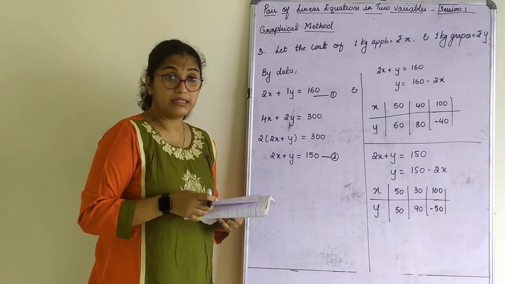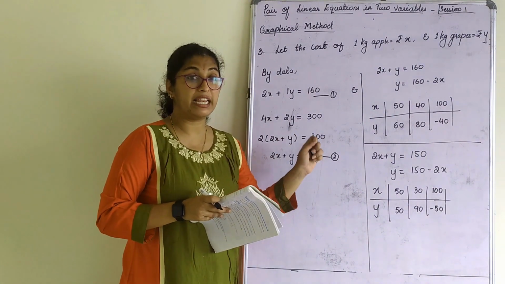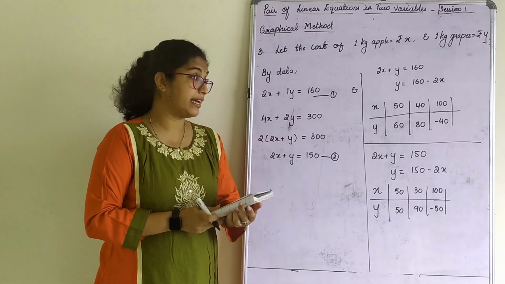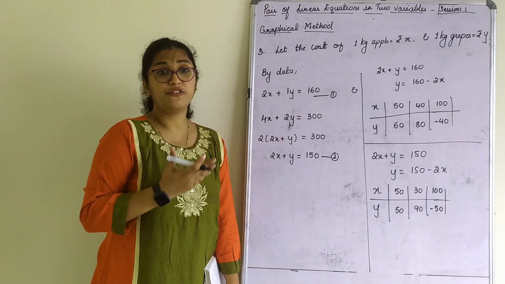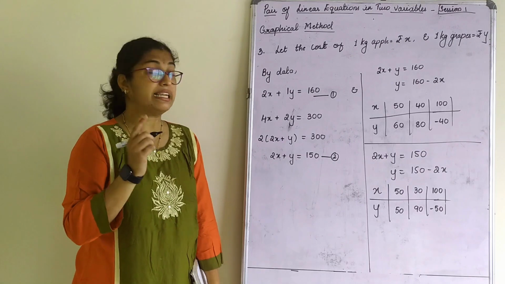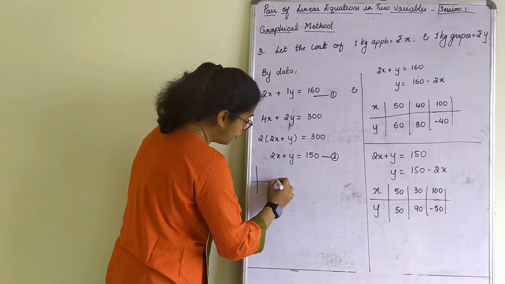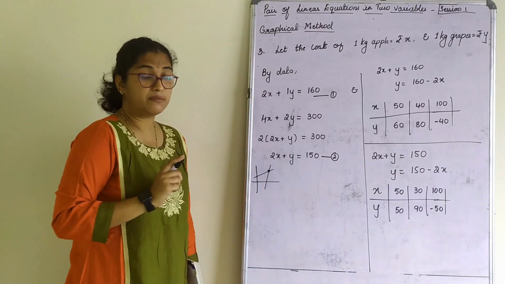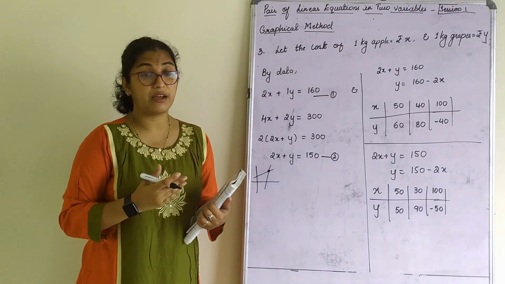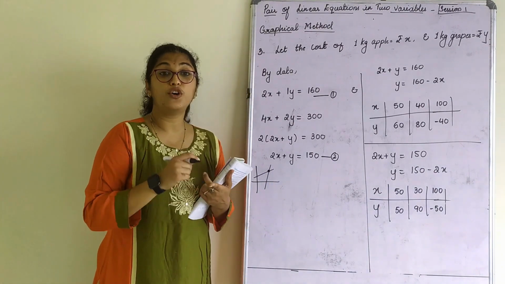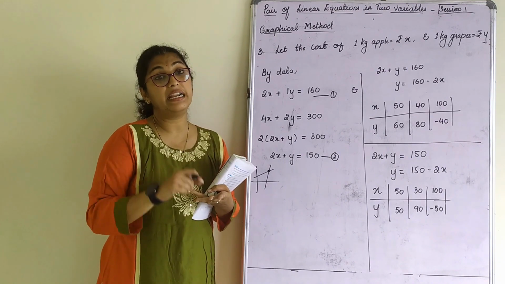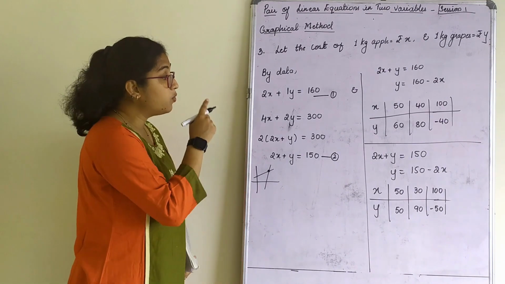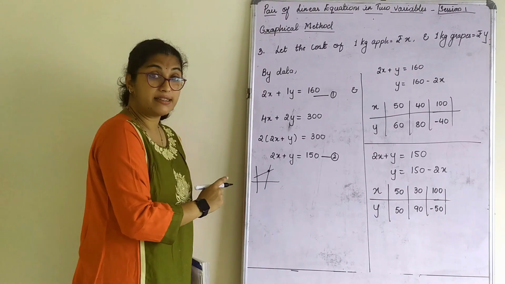Now when you represent this graphically, choose your scale wisely for x and y axis. The first two sums that you had done, they were intersecting. That is, the graph was in this form, wherever it was intersecting at a point. There are types of graph: intersecting graph, coinciding graph, and parallel graph. So now both the graphs were intersecting.